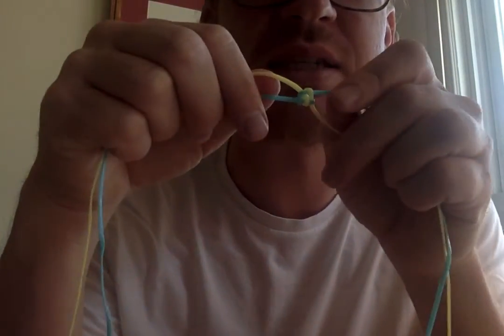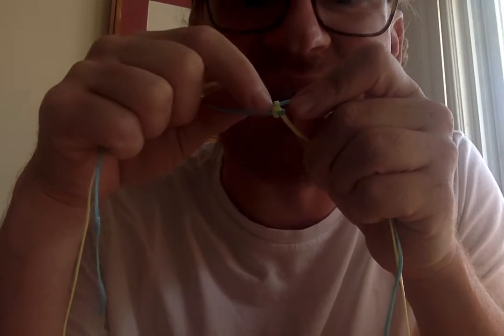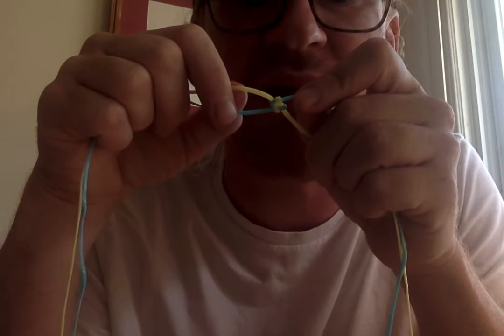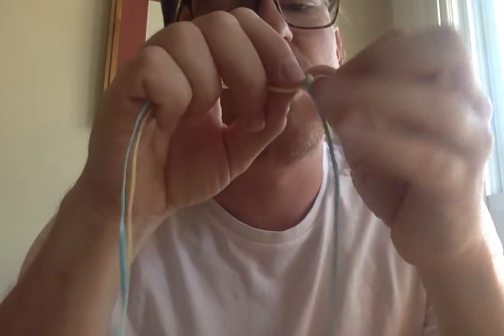And when you're done with the box stitch and you're about to pull it tight, it looks, barrel stitch, and you're about to pull it tight, it looks exactly like box stitch. You might think, oh, I don't think I did it right. You'll know if you did it right when you pull it tight